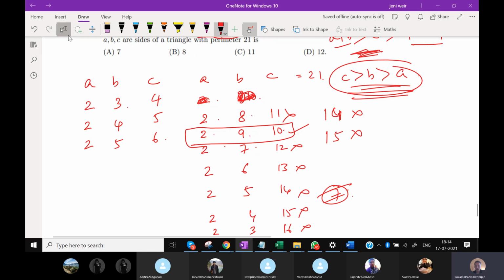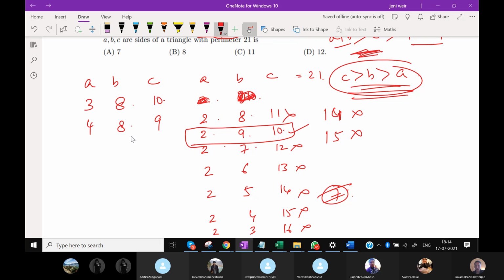Now you similarly check for A equal to 3. So that means for A equal to 3, 21 minus 3 is 18. So C has to be 10 and this has to be 8. Only then it will be valid. If C becomes 11, 14, no. So this is the only case which is valid. So if this is 4, 21 minus 4 is 17. So this has to be 9. This has to be 8.